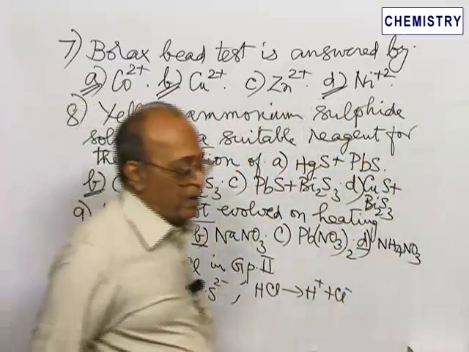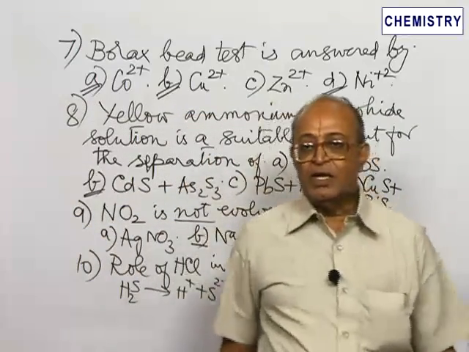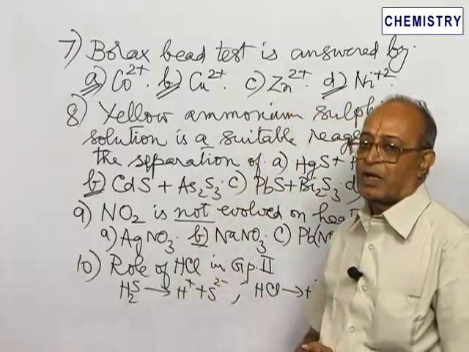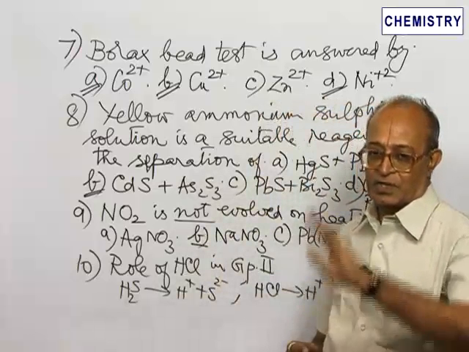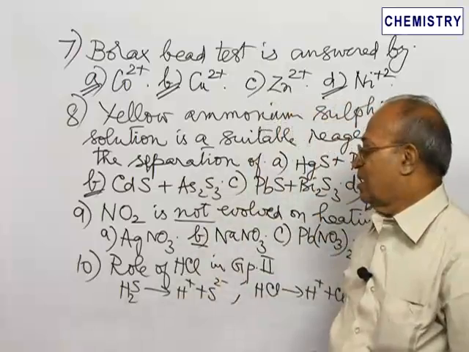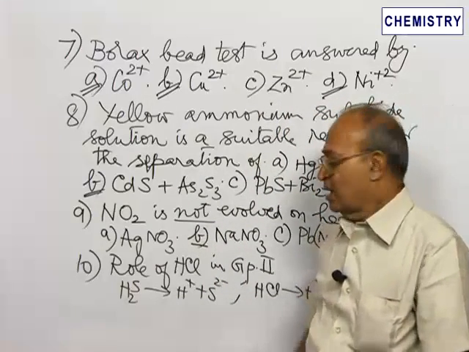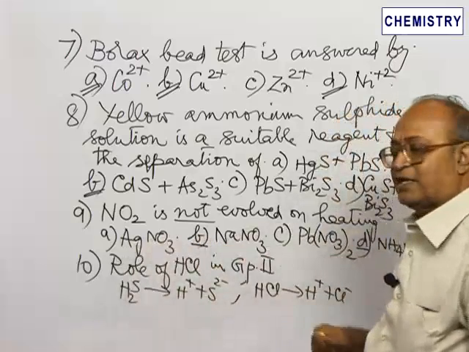You should remember one point, even though all of them are nitrates, they will not give the same reaction. Here, action of heat is tried. These four nitrates are heated